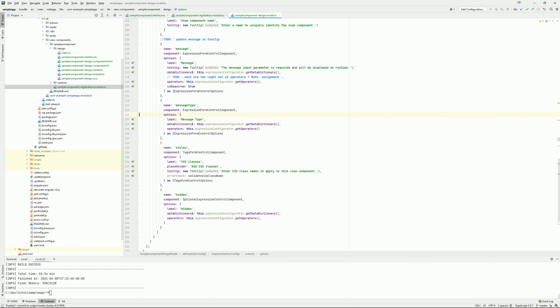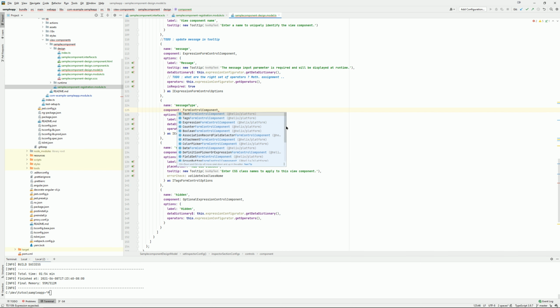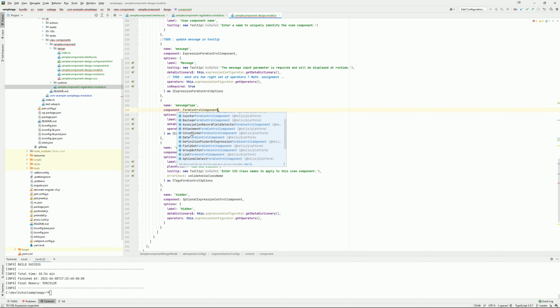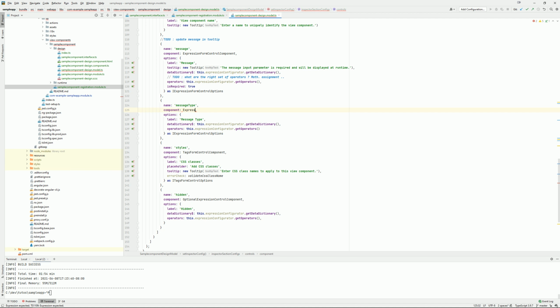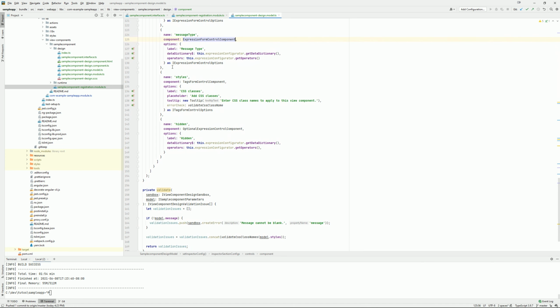So if you want to have a different expression, a different form control component, different inspector, you have an example inside test 2505 bundle where I list pretty much all the different inspector types. So you can use IntelliSense and you can type form control component, and you can see basically pretty much everything. So if I wanted, it could be a color picker. It could be pretty much anything. So here in this case, I still want an expression from control component. And I think we are good for this new